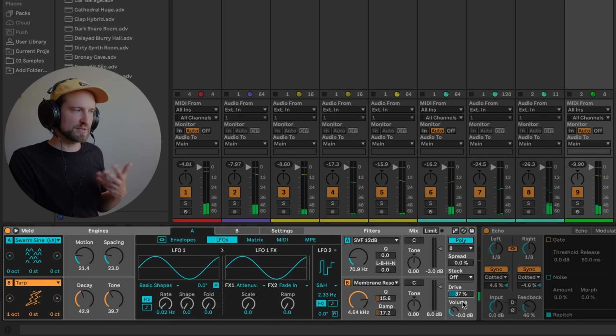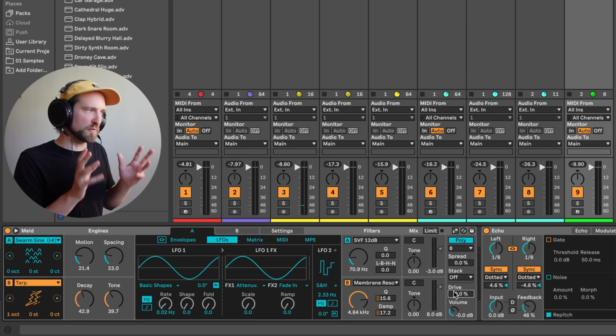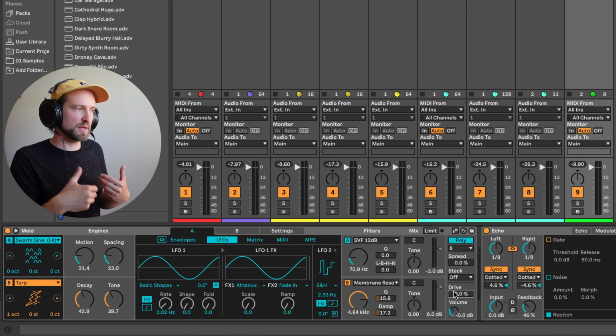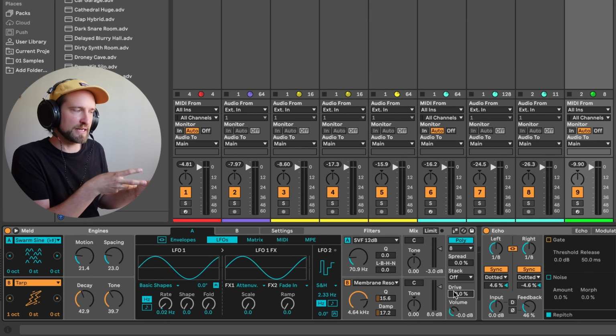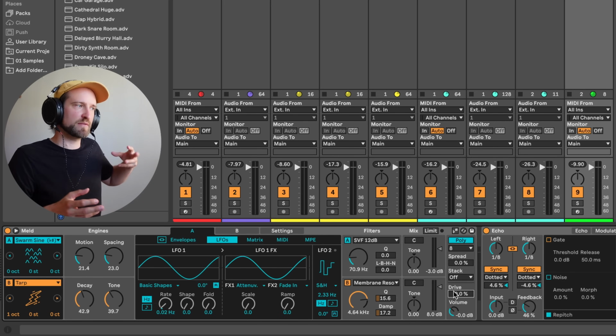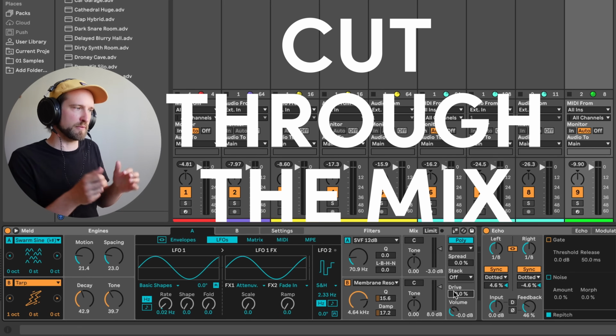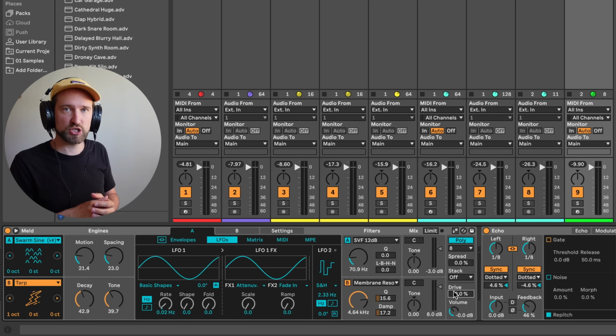But there's no way to dial in what type of saturation, how the transfer curve actually works, and it either works or doesn't, and there's not too much control on top of that. So let's say I wanted to add some more overtones, some saturation, which I think this sound would definitely benefit from, because we chose relatively clean shapes to begin with, and we want to maintain some of that clarity, but also give it a bit more edge and make it cut through the mix a bit more. This is where you would use an external effect, and this is my recommendation to you: